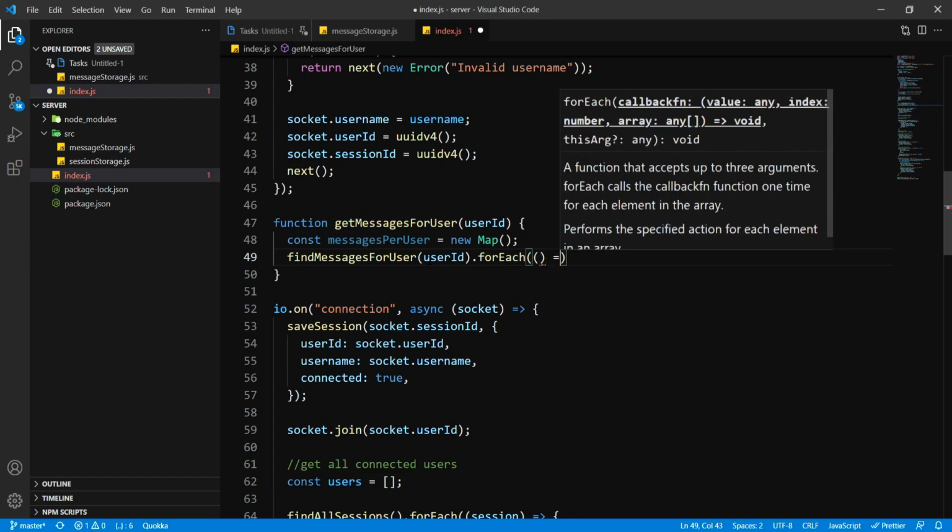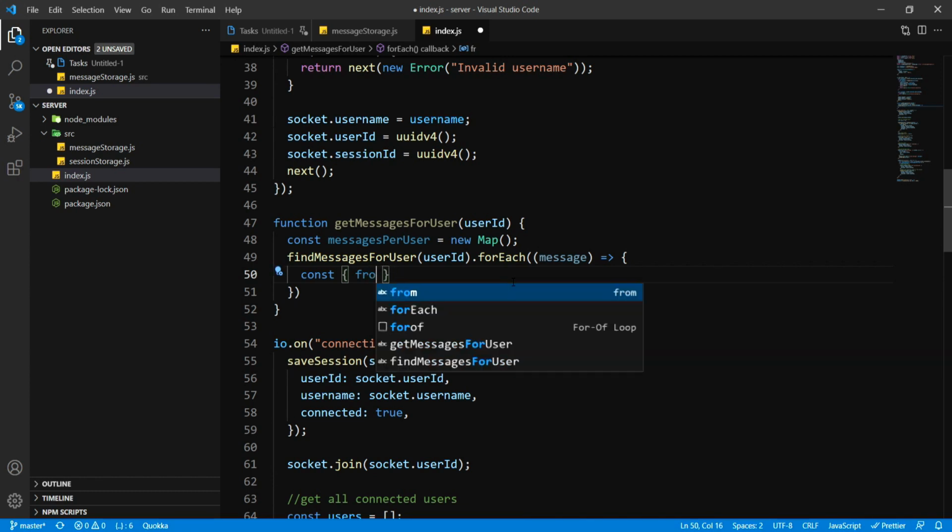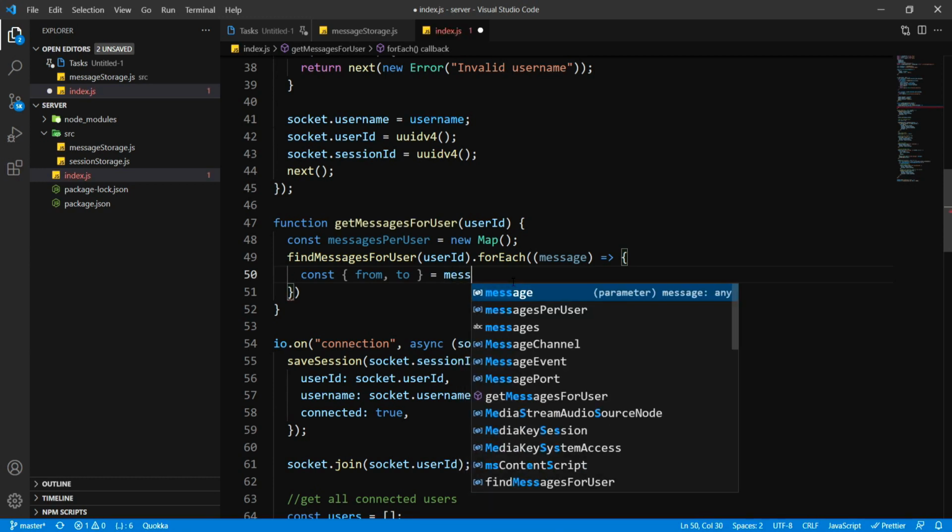Inside this we're going to have our users, our interaction, our messages for whatever you have sent. So inside this it's going to have message. So I'm going to deconstruct this. Initially this is going to have from. Let's not make that mistake again, and